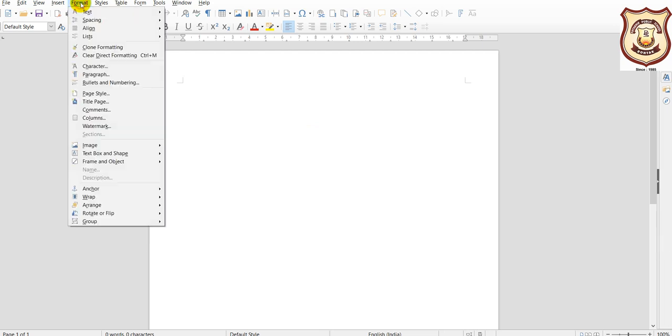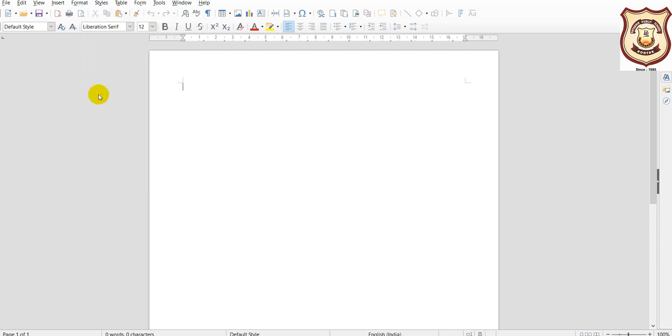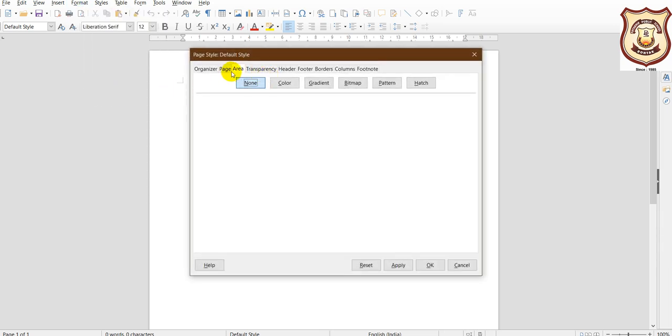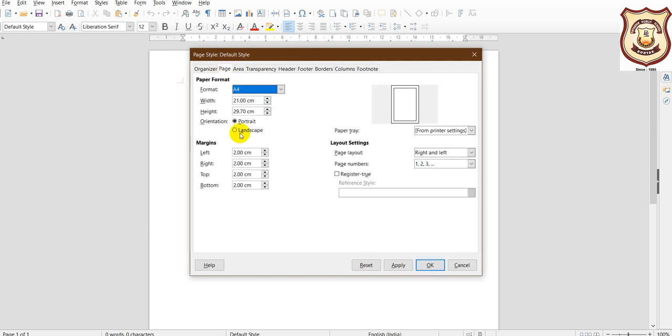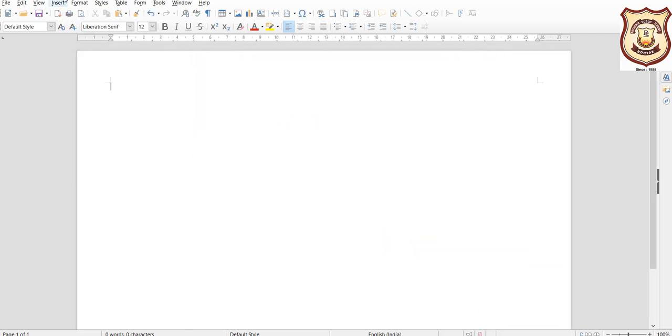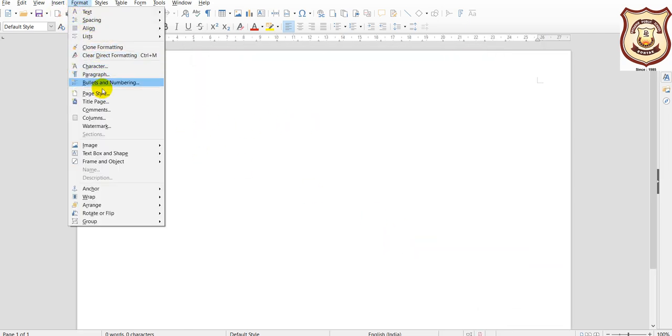So at the very beginning we'll change the page orientation, right? So we will go like this, and actually we were in the Format tab. There we have clicked on the Page Style option, then the Page tab we have opened, and then we'll click on landscape. Okay, so let us do it. Okay, then what we need to do, we need to